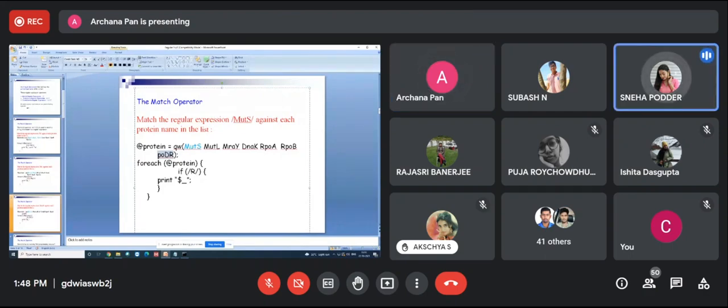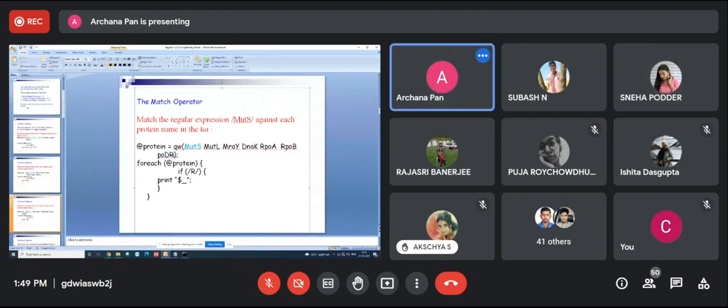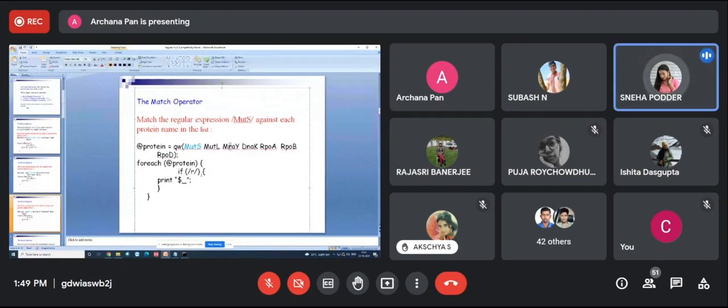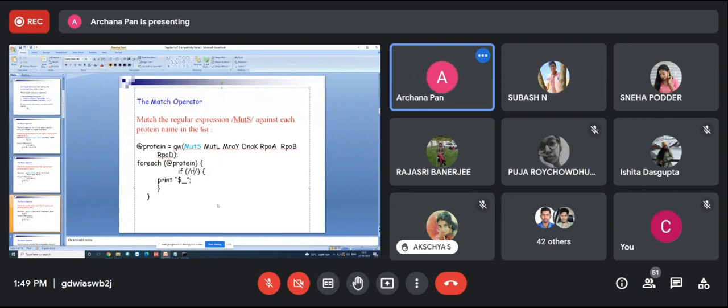Matching of RPOE, RPOB, POTR, because R is present. It will not see whether it is in the first position or second position. Okay, capital R is there. So if it is lowercase r, you won't get anything; you will get this one only. I hope you understood. Yes, ma'am. So, ma'am, this will be case sensitive. Yes, it is case sensitive, no? Yes, ma'am.